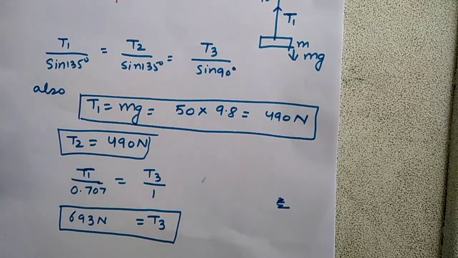So this was all about how would you write the components of the force and several forces when they act on the body, how do we calculate the net force. In the next video, we will discuss how the mass of the body, how the weight of the body changes when it is accelerated upward, downwards, or it is on a slope.